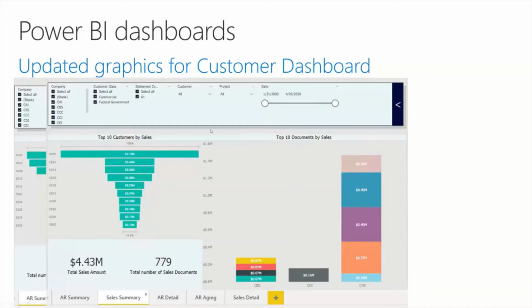And again, across the top, we have different ways of slicing the data. We can choose by specific company, classes, statements. I can choose one customer, all customers. I can even slice it by specific projects. So again, even though it is just for customers, we can slice it different ways and set date ranges